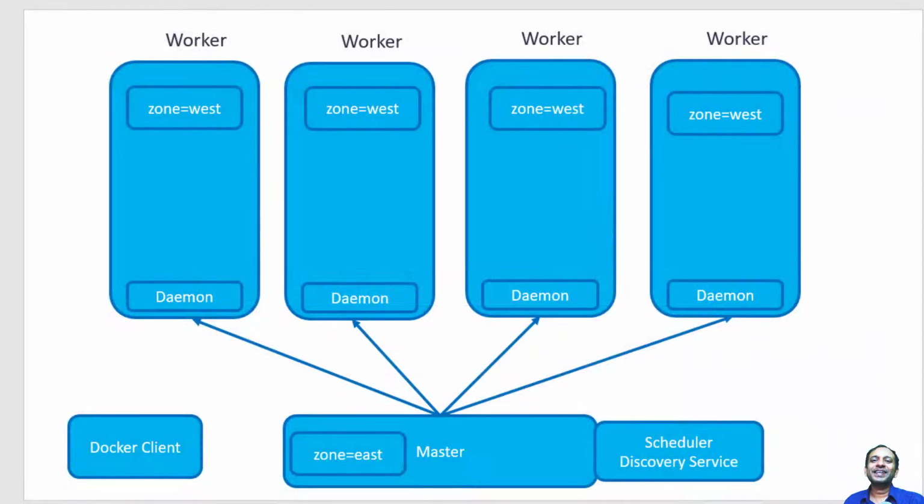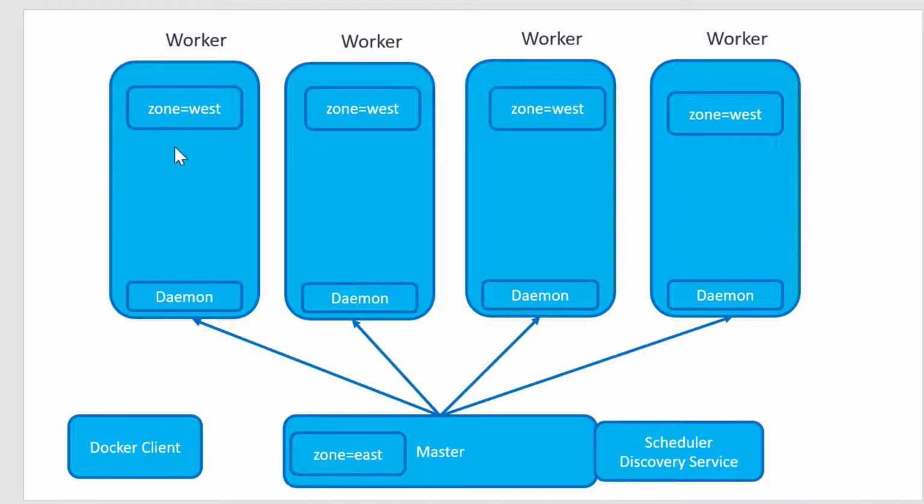Hi, let us understand how placement preference works with the labels. Whenever I am going to create a service, I can add the placement preference. That's going to be considered as a guideline and it will not be a constraint. So there is a huge difference between the constraint and the placement preference. Placement preference will just provide the guidelines for the containers on where and how they can be placed.